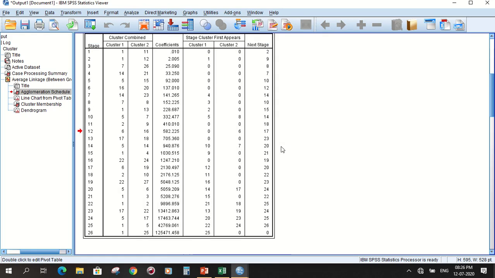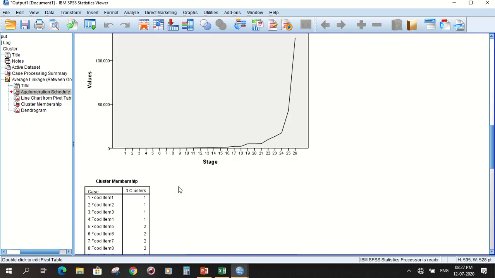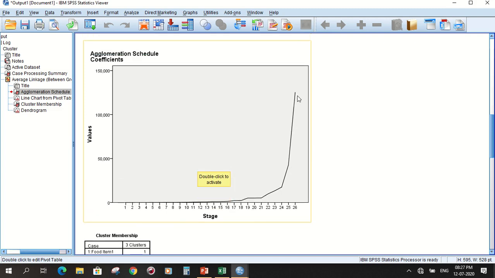We can also see the difference between the coefficients is very low up to the 24th stage. Up to the 24th stage the similarity or distance difference is very low. When coming to stages 25 and 26 we have a bigger difference.